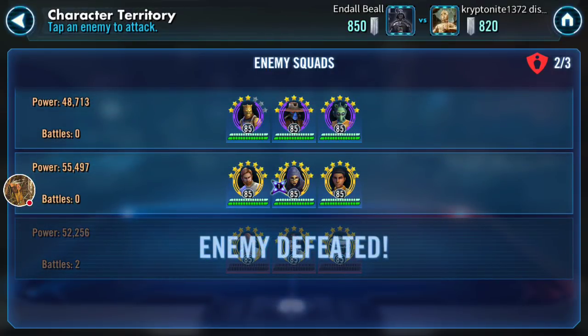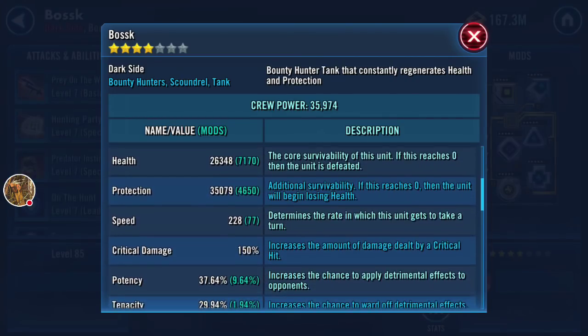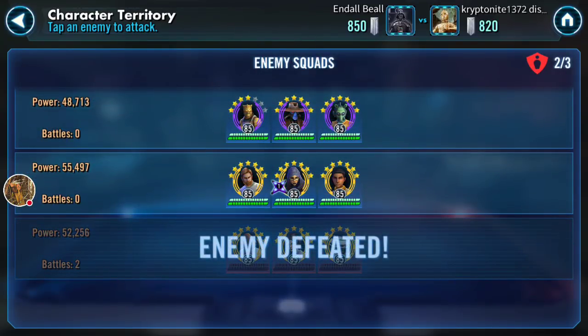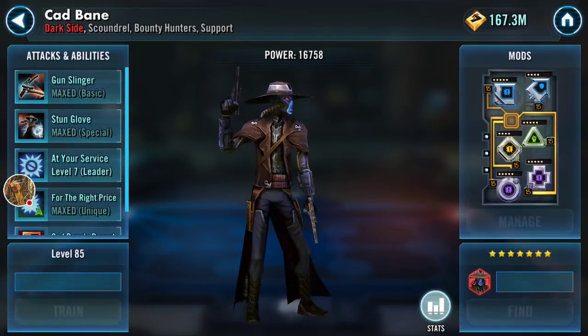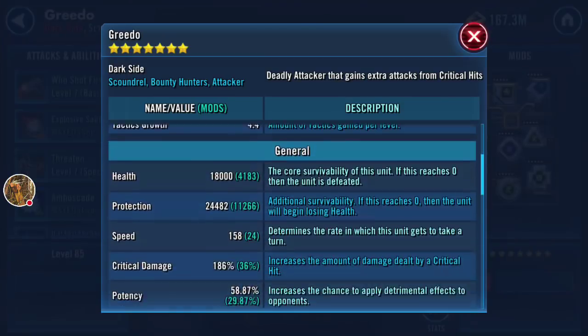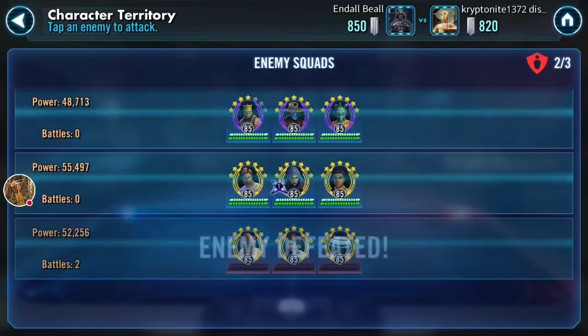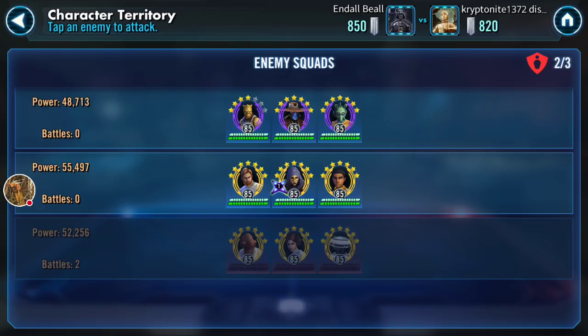All right, let's see what else I can use on these other teams. So the Bosk is only 4 stars and 228, so not too fast. Let's see. They've got Cad and Greedo, who are relatively weak, and I don't believe they're that fast either. 117 and 158. Now, one thing about this team is they don't have any AoEs,